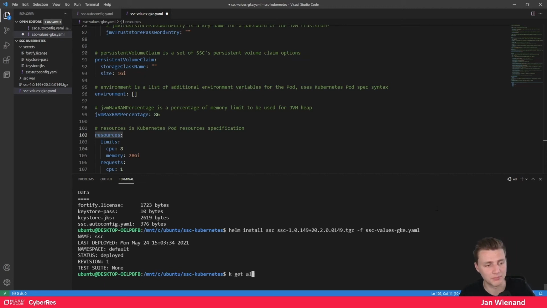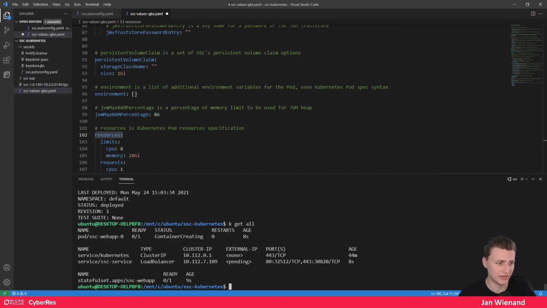If we type in kgetall, we will see we've got a new pod, a new service, and a new stateful set for our SSC. So everything that we need to run the SSC. But let's have a look at the pod, because this is the most interesting at the first place. So let's type in k